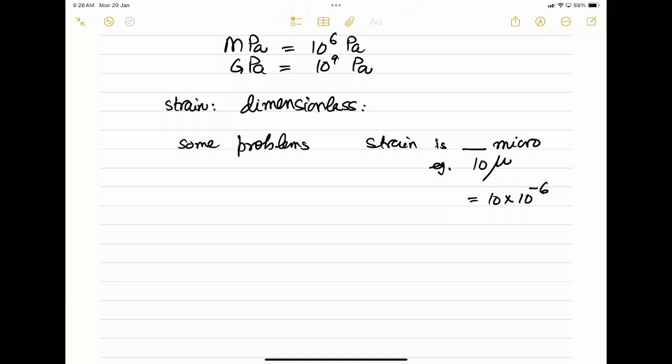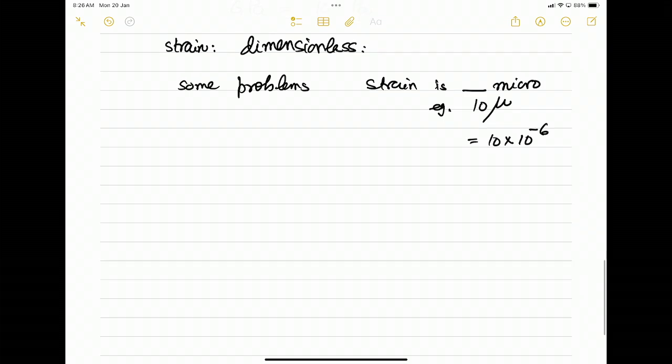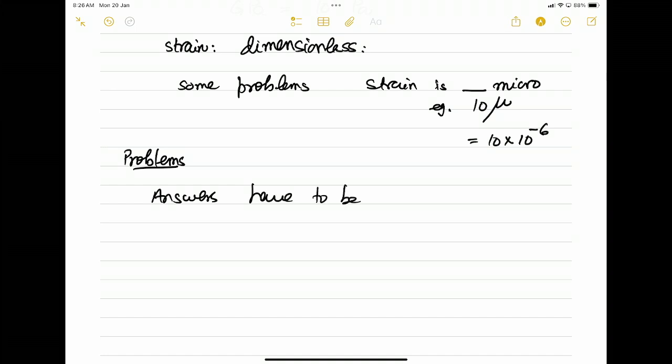Otherwise, in problems you may find it written as inches by inches, or centimeters by centimeters, or meters by meters. It doesn't matter, that would be dimensionless. But if micro is written, then you have to multiply it by 10 to the power of -6. Now another thing is, when you solve problems, then the answers have to be given